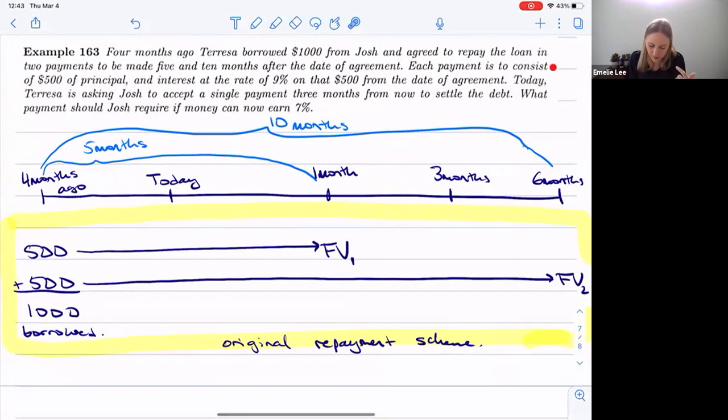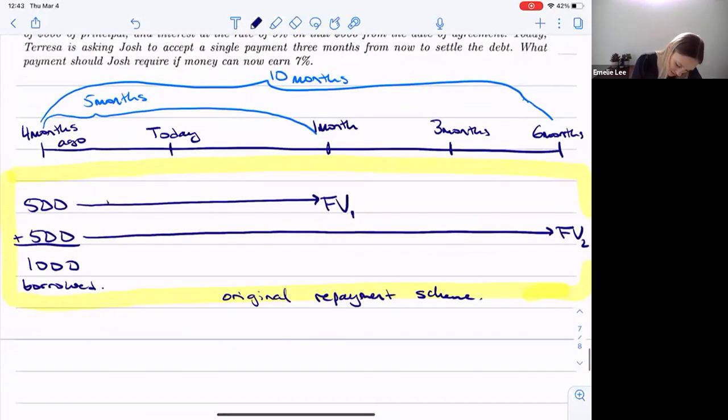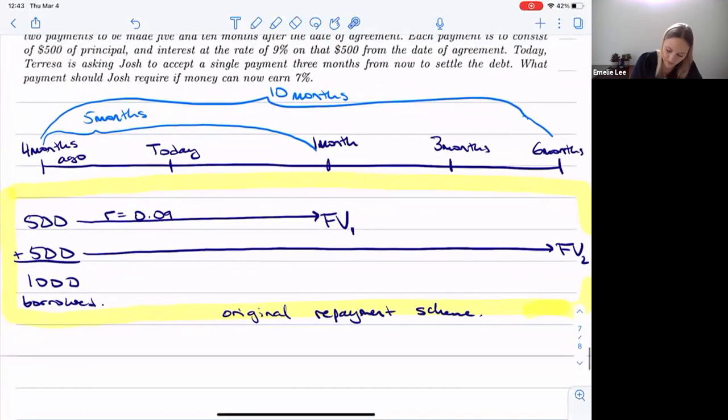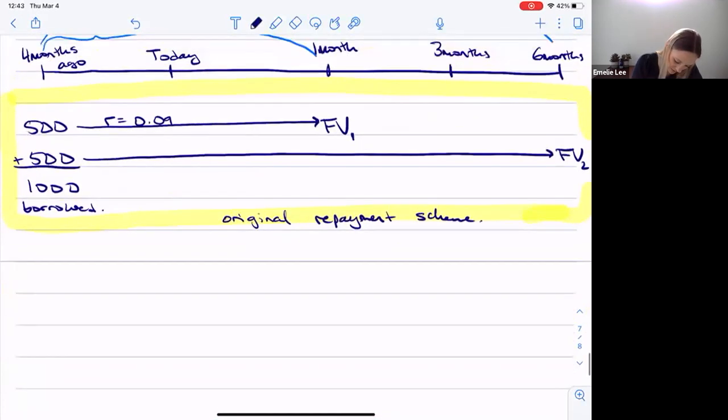So each payment is to consist of $500 of principal and interest at the rate of 9% from the date of the agreement. Okay, so for each of these two, the rate is 0.09. And because I've seen that it's going to change to 7, I'm going to put it on each of the arrows just to make sure that they stay the same